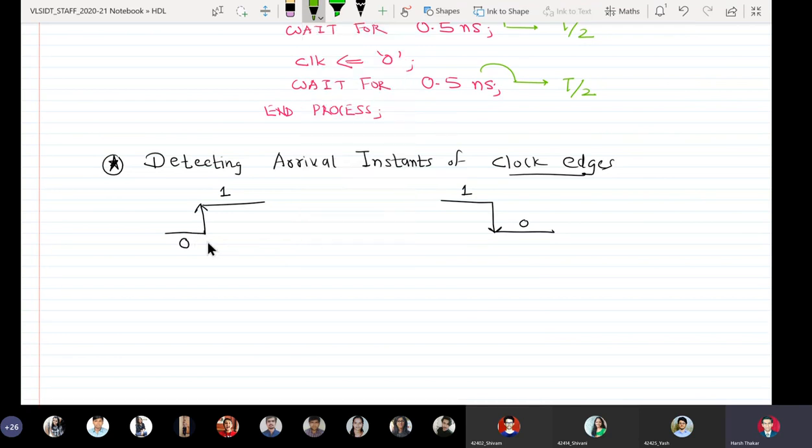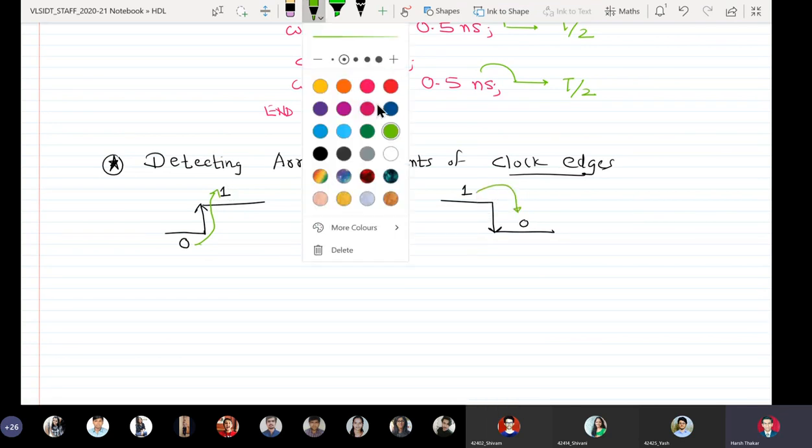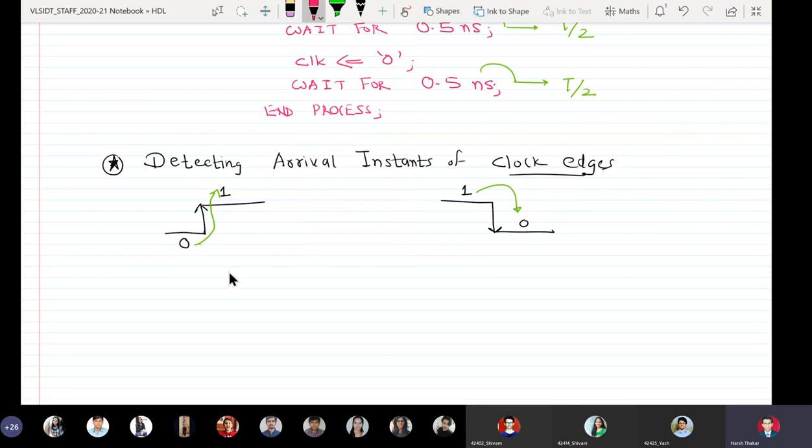So here we see that a clock goes from 0 to 1 and then it goes from 1 to 0. And if you remember, we had defined event as what? Any change in value of a signal is called an event.